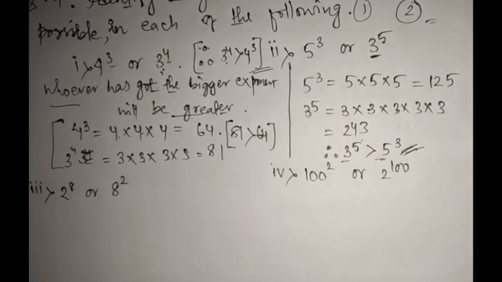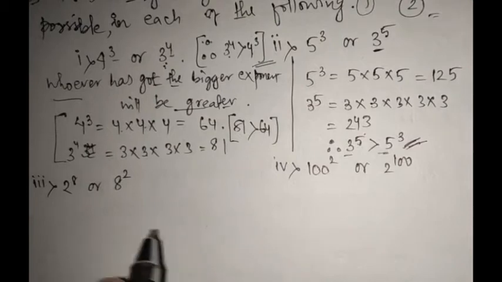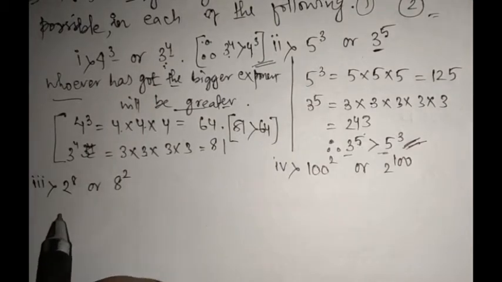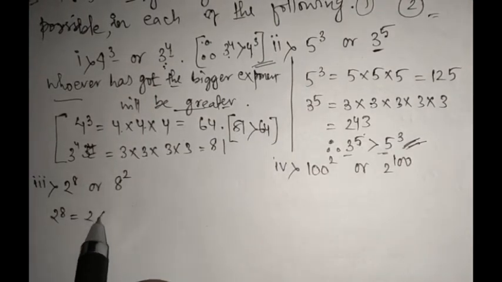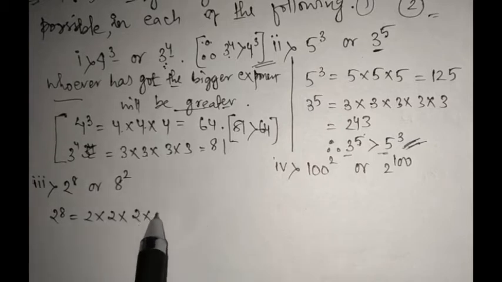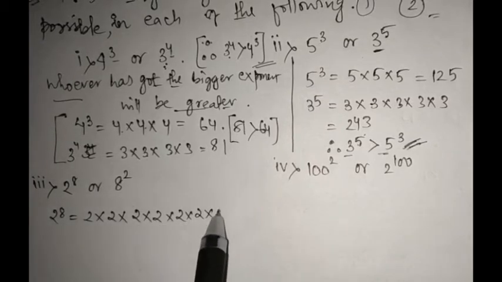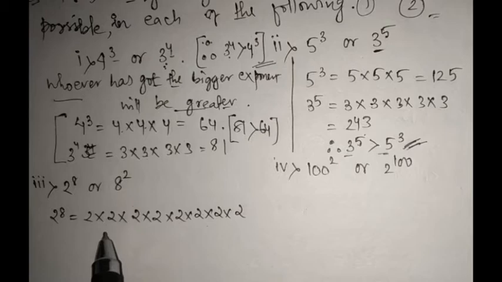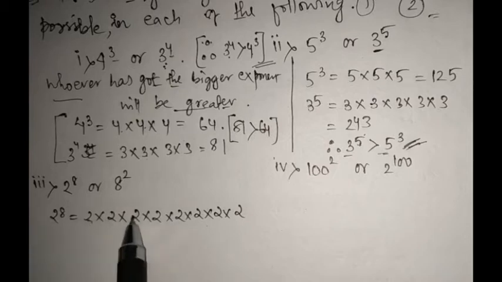Okay, so similarly 2 to the power 8. The expanded form of 2 to the power 8 is 2 into 2 into 3, 4, 5, 6, 7, 8. After writing, also count whether you wrote 2 eight times or not, because many times you may have written 7 or 9, and there may be a problem, no? So you are writing the same number, not a different number. So 2 to the power 8 means 1, 2, 3, 4, 5, 6, 7, 8. Okay, you have written this correctly.